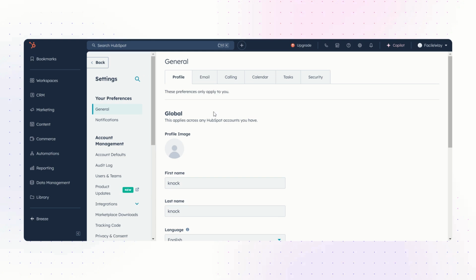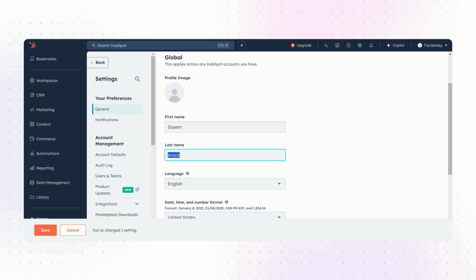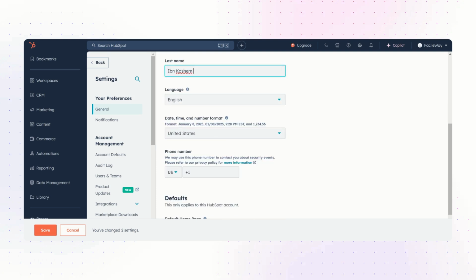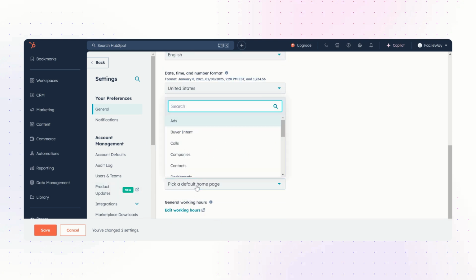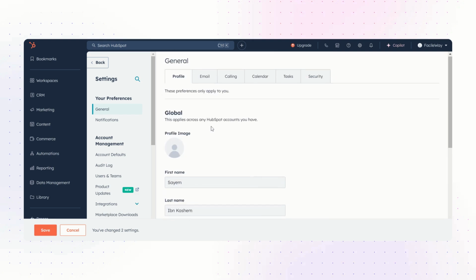Now, let's figure out how you can do this. First of all, enter your first name, date, time, and number format, United States, your phone number, and your default homepage.